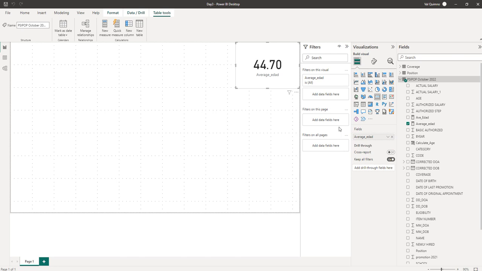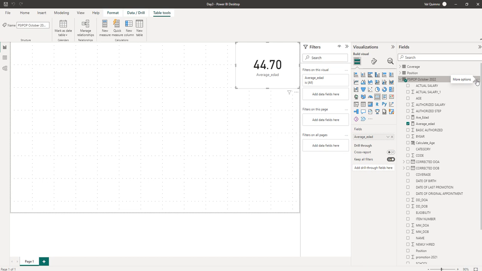Okay, so now that we have created the calculated column and a measure, for instance, our measure in here is called average edad, and then our calculated column is calculate underscore age. But before anything else, I would like to create another measure because my intention in creating a visualization is for me to be able to determine the average age of a certain school or category or certain area, and I need to determine